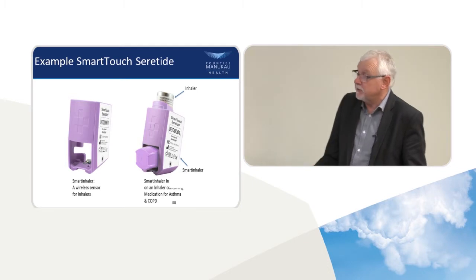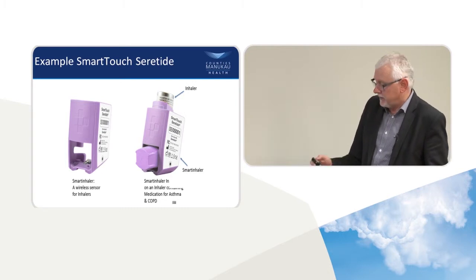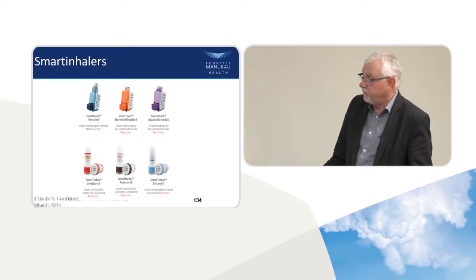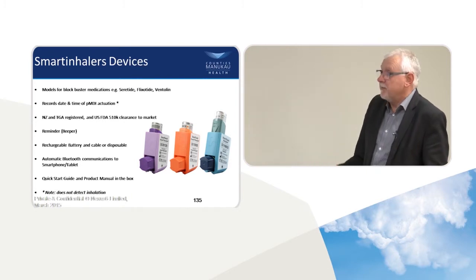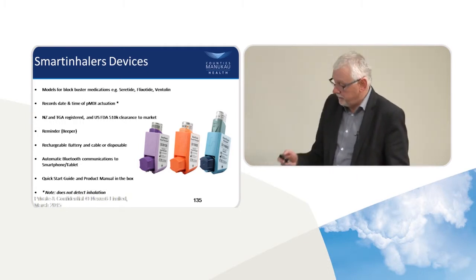This is the Nexus 6 smart inhaler device. It clicks on the end of the inhaler here, and it sends off a signal. You can get them clicked on not only metered dose inhalers, but on the Turbohaler as well. Basically, there's models for each inhaler that we've got. You can have a reminder beeper on it, and it's got a rechargeable battery. It's got Bluetooth communication through the